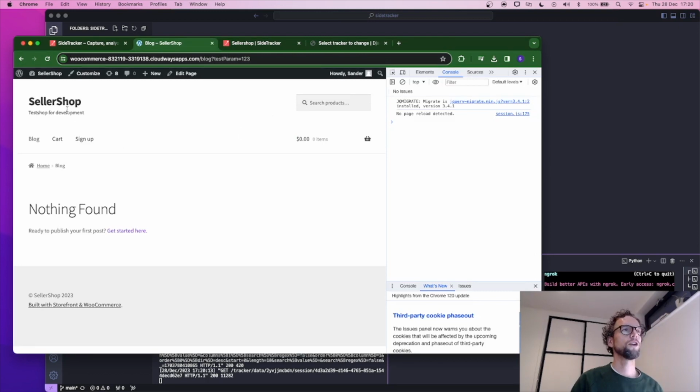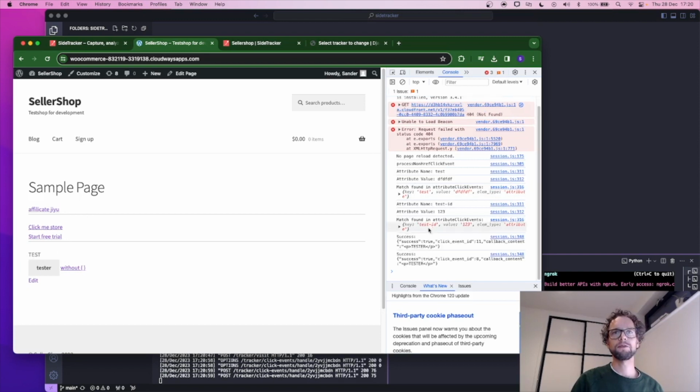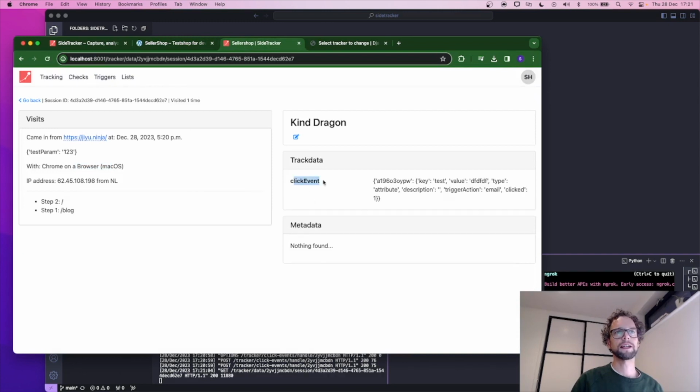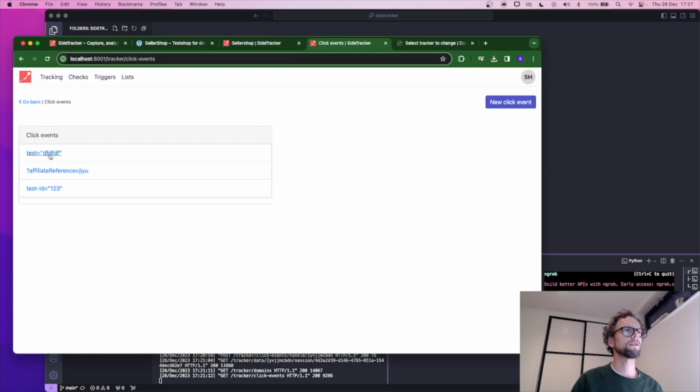So, here on the home page of this test website I added some buttons to test out stuff. And what I did yesterday is the ability that we now can click any element, and it recognizes the element, and I will show you what this does. It creates a click event, and it says this is the event ID. So if we go to tracking, manage click events,